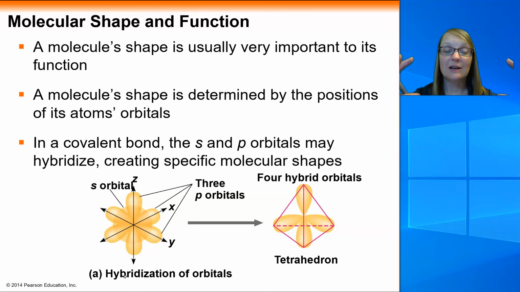When they all kind of come together superimposed over the atomic nucleus, they kind of hybridize, they merge together, and they create kind of a tetrahedral shape to that particular atom. And then as you build molecules with multiple atoms with these tetrahedral shapes, that gives then a resulting full shape